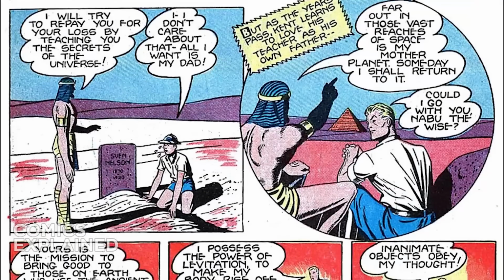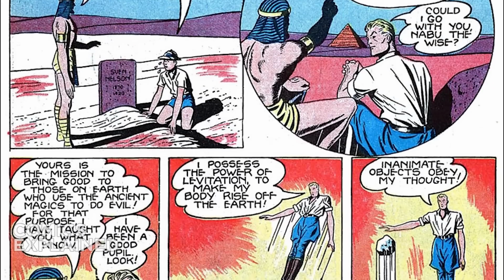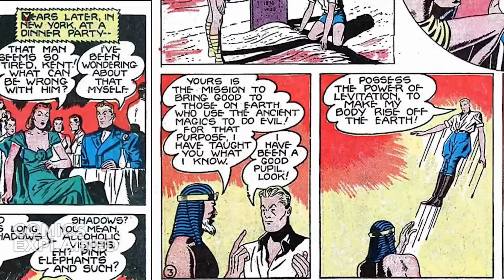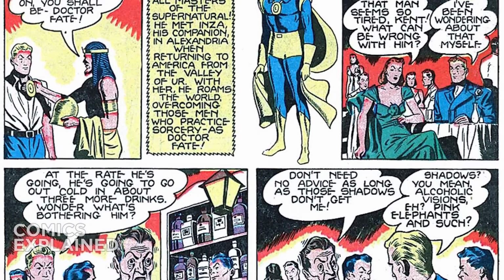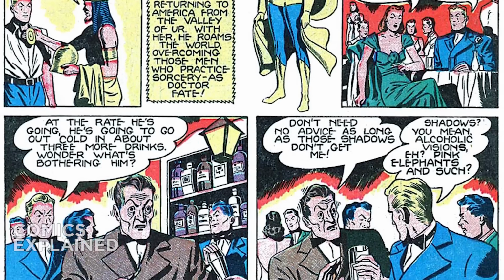Now, Nabu, of course, feels bad for Kent, and so he takes him under his wing, and over the course of the next 2 decades, essentially teaches him everything that Nabu knows about the mystic arts, and then gives him an amulet, a helm, and a cloak that imbue him with vast magical abilities. And so Kent basically then returns to America, sets up base in Salem, Massachusetts, and operates as a superhero known